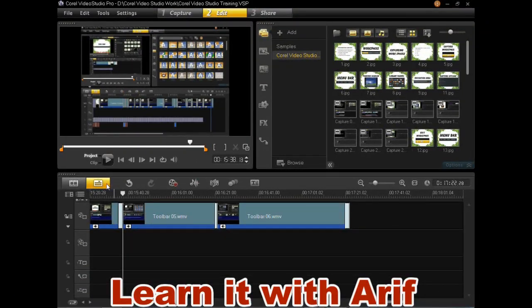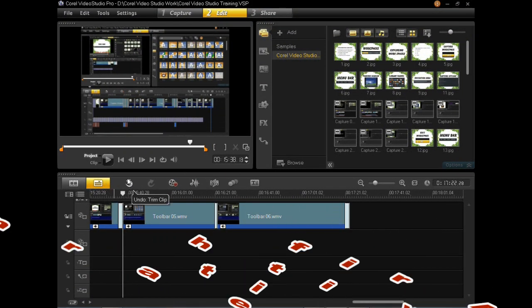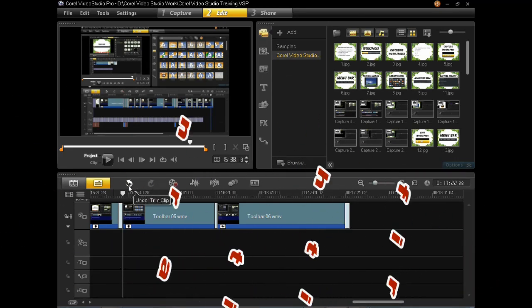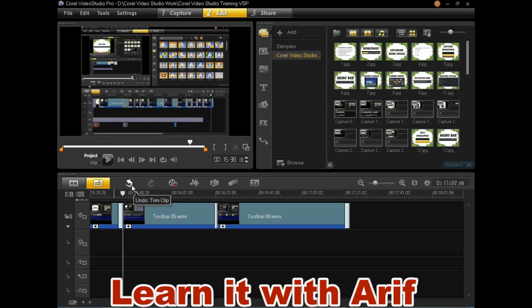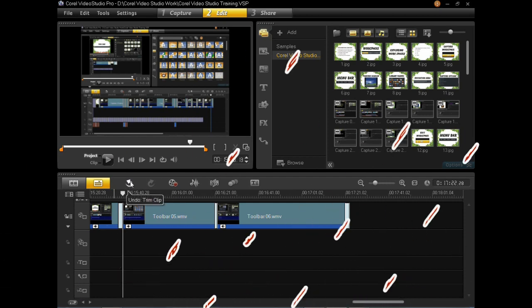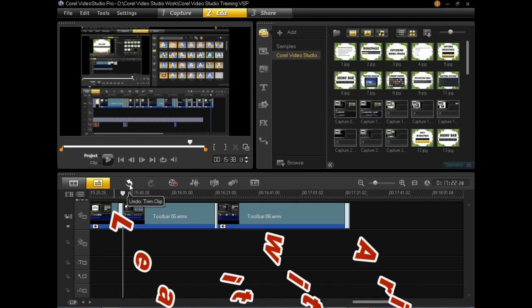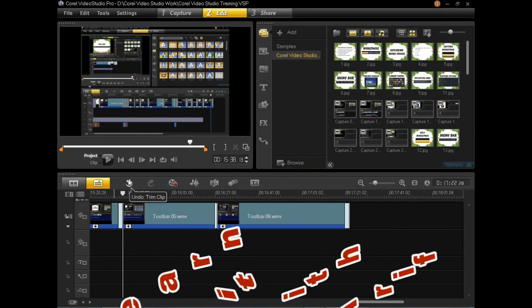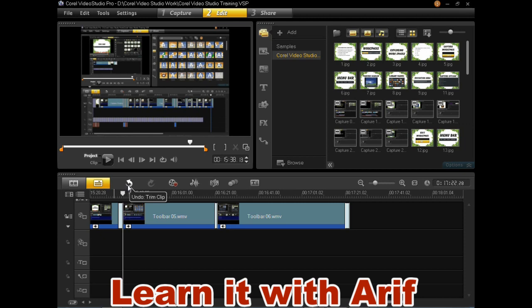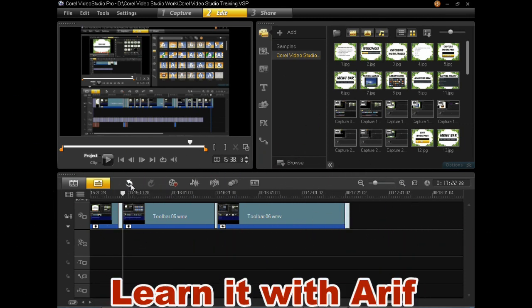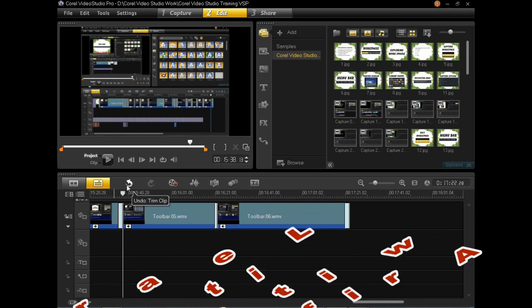After the timeline view, we see undo button on our toolbar. Undo button is used to undo a step while editing our video. Suppose we have trimmed our video from a point which was important for our video and we want to undo this trim.